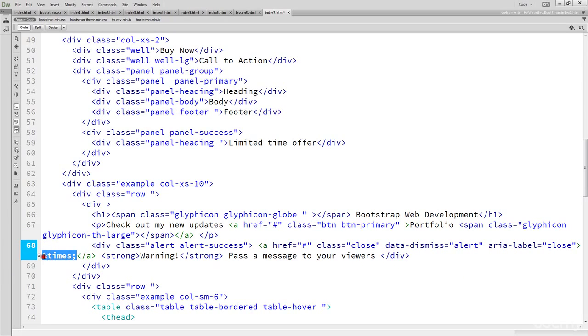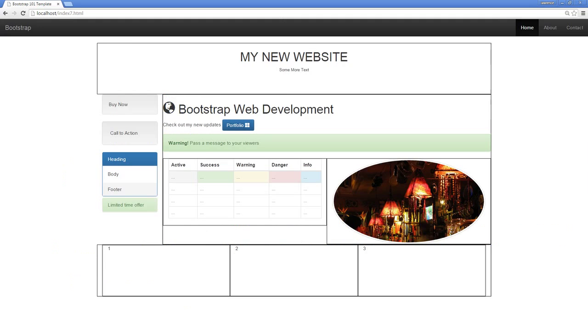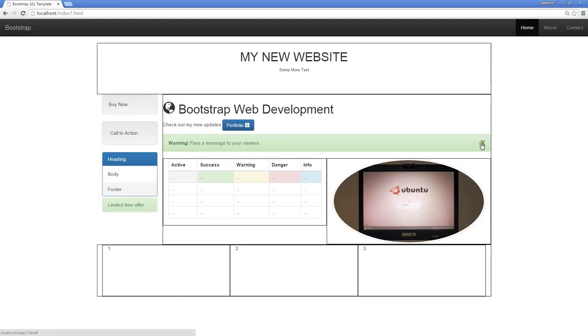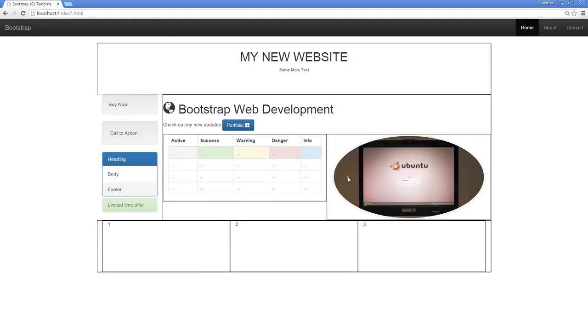And here we can just put an X there and close it that way if we want. And when I refresh it, we see that we do have that X again, and we can close this warning message, this alert message. So that's how you work with alerts, and it's another good option within Bootstrap that comes in useful, especially when you are trying to work with forms and you want to pass that quick bit of information back to the user and have them have the ability to close that off if need be,